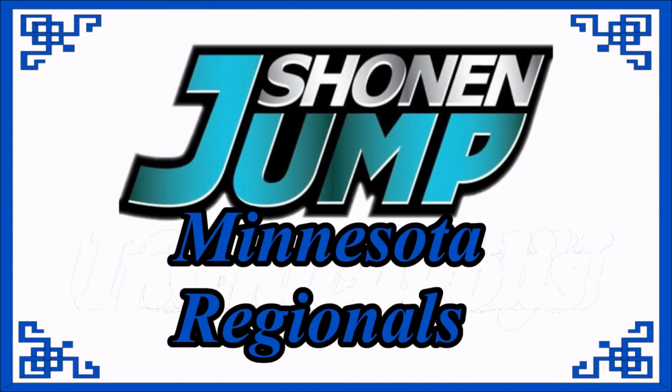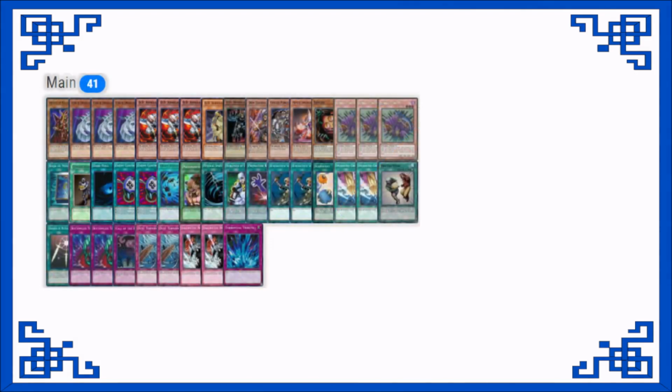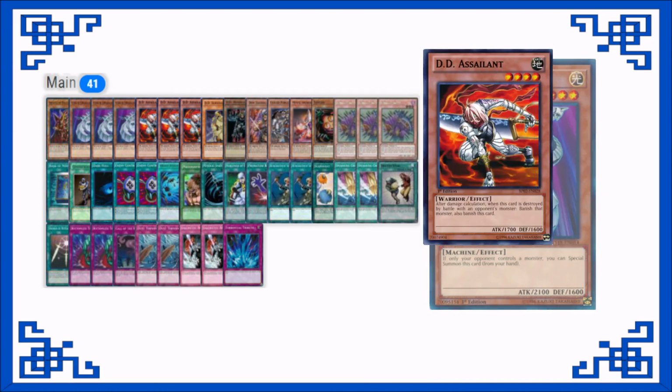Minnesota Regionals was topped by a Warrior aggro deck, with the first mention of the aggro strategy. While control decks tend to grind out longer games and win through attrition, aggro decks focus on special summoning sometimes weaker monsters, but overwhelming the opponent with a dominant board position. In this case, Triple Cyber Dragon is probably behind the aggro affix, which is played alongside the DD and discard